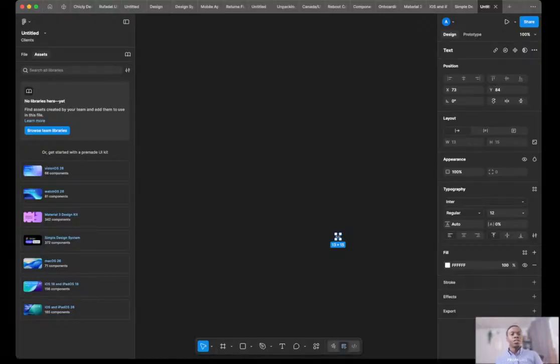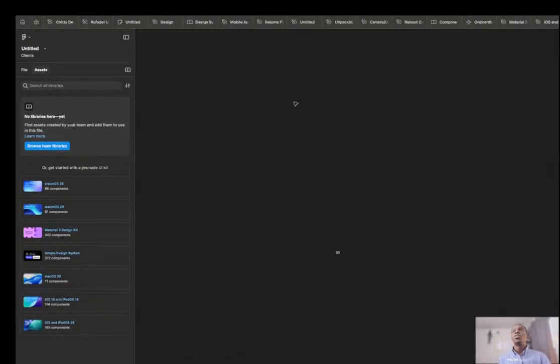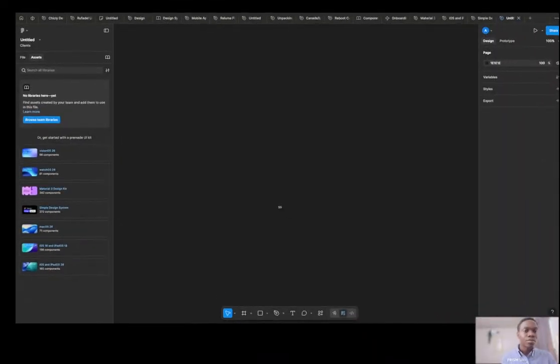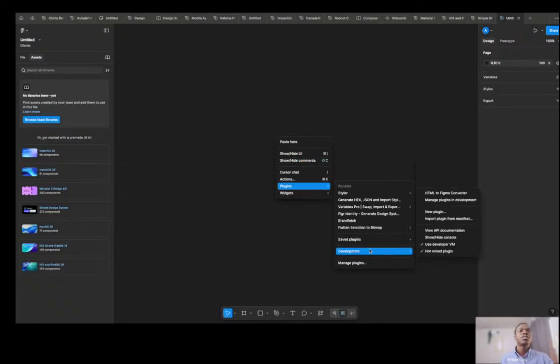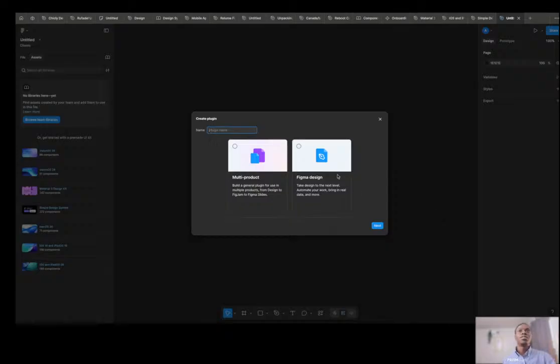Okay, so now this is Figma. Okay, so now that we're in Figma, let's see, what am I doing here? Yeah, so what you can simply do is right click like this, go all the way to plugins, development, new plugin. All right, so I'm going to call it JSON to Figma